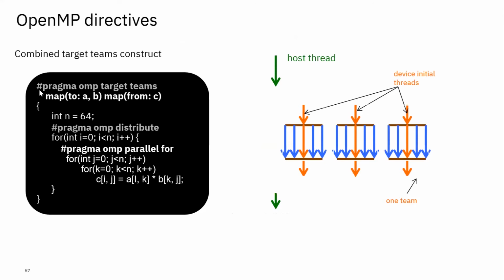So OpenMP works similarly. Instead of gangs, you have teams, but it's the same. After, I think you are more familiar than I with all these pragmas. You put the pragma distribute before your loop, and you say that this is what you want to do parallelization for. On, sorry. So the device initializes